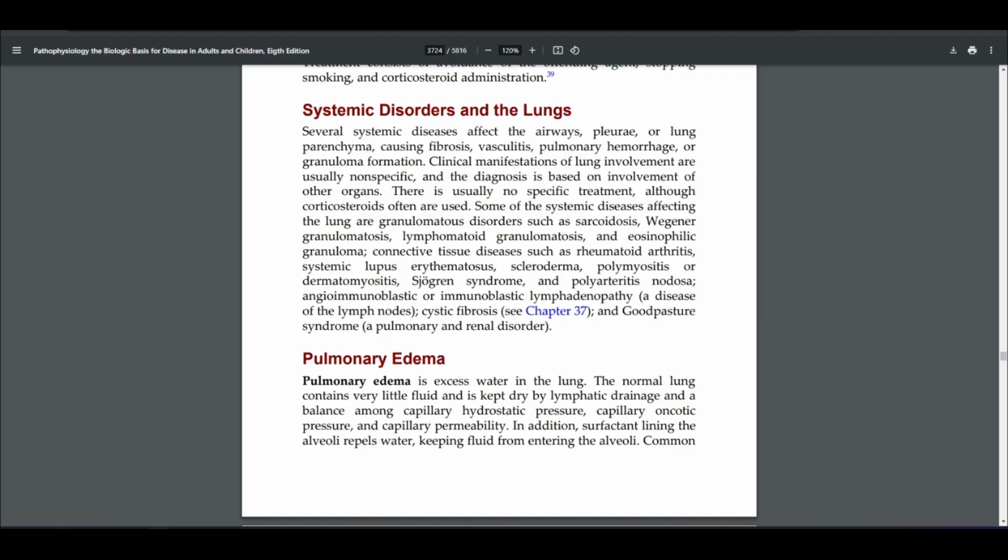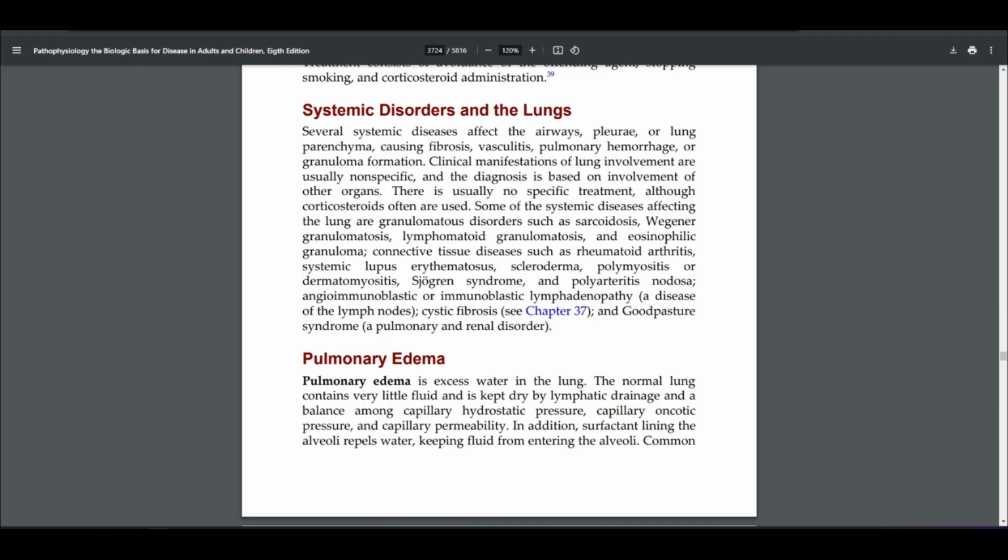Systemic disorders of the lungs. Several systemic diseases affect the airway, pleura, or lung parenchyma, causing fibrosis, vasculitis, pulmonary hemorrhage, or granuloma formation. Clinical manifestations of lung involvement are usually nonspecific, and the diagnosis is based on involvement of other organs. There is usually no specific treatment, although corticosteroids often are used. Some of the systemic diseases affecting the lung are